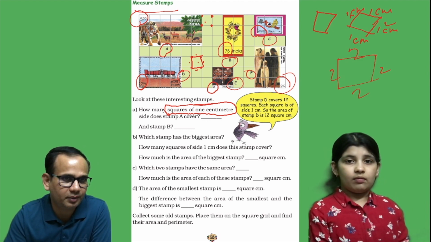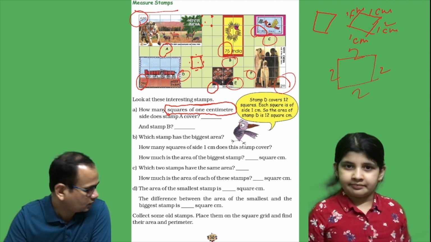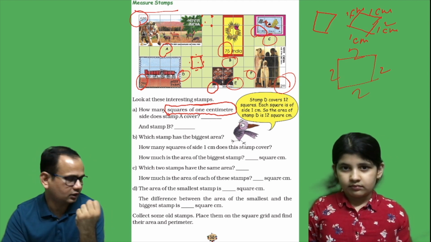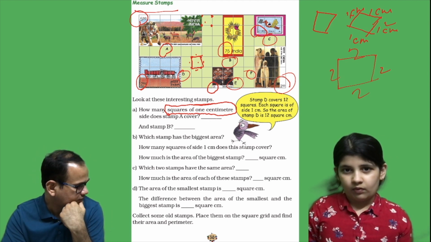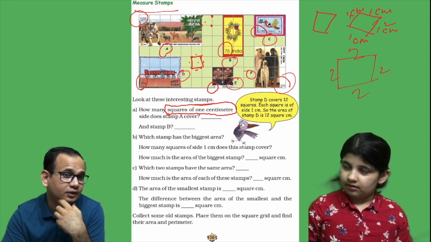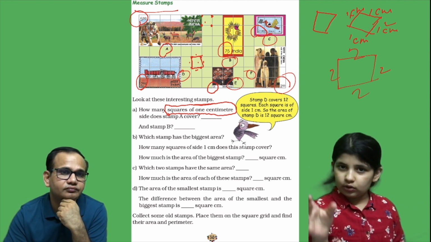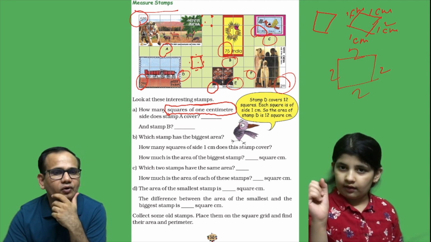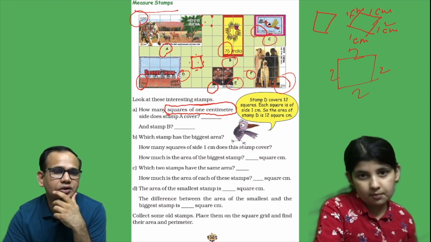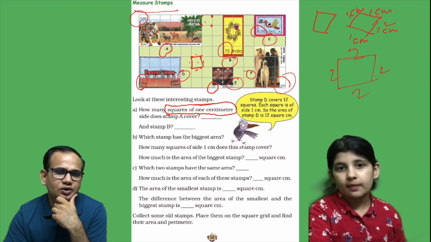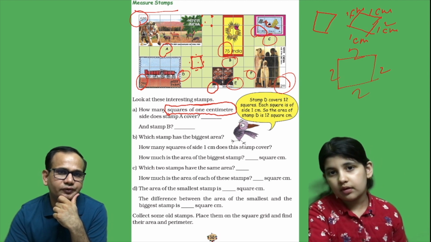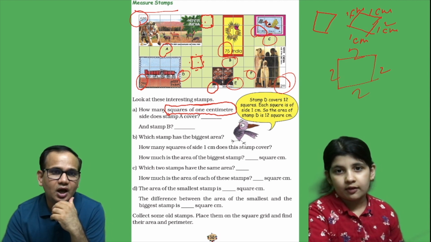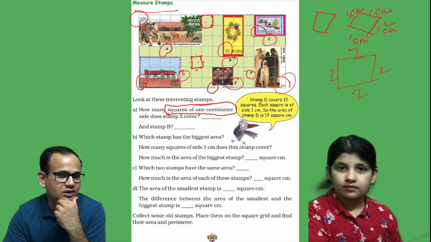मतलब कि ये स्क्वायर स्टैम्प है, एक ए है, तो इस ए स्टैम्प में कितने स्क्वायर आते हैं 1 सेंटीमीटर के? ऐसे में 6 multiply by 3. है. पहले मैंने स्क्वायर्स को काउंट करना है, इनकी लेंथ और ब्रेड्थ काउंट करना है, फिर उन्हें मल्टीप्लाई करना है. No, you have to count only. The question is how many squares.